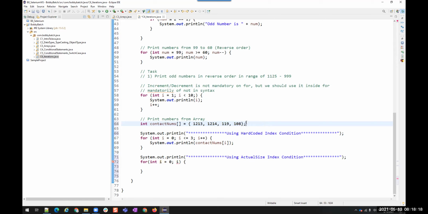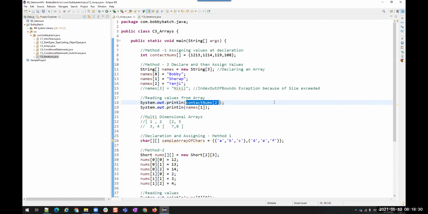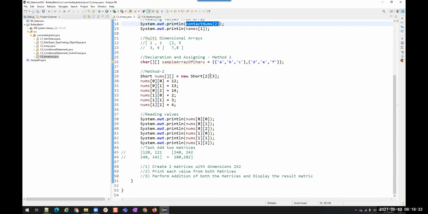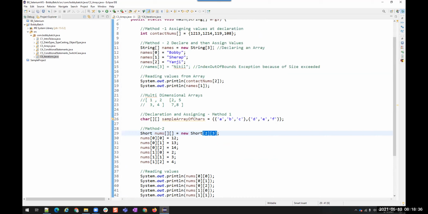Suppose now how many elements are there here? 1, 2, 3, 4. When we are using this, what are these? Size, right? We have to mandatorily mention the number of elements, the size.